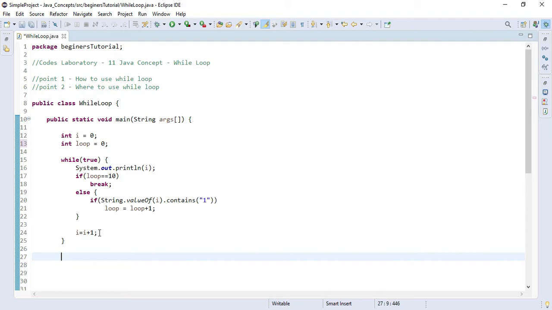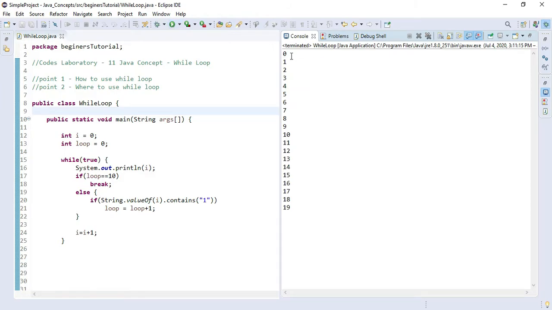Let's try to execute this program so we will get to know in depth. As you can see, this while loop executed 20 times from 0 to 19. The value of loop got 10 at the value of 18, but it executed one more time because we haven't put any condition here.